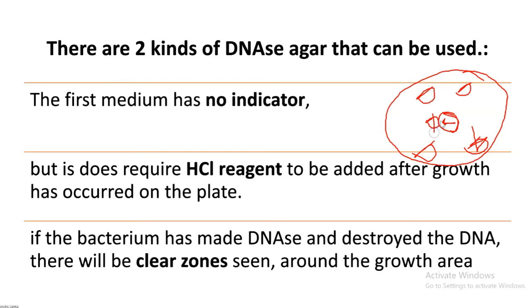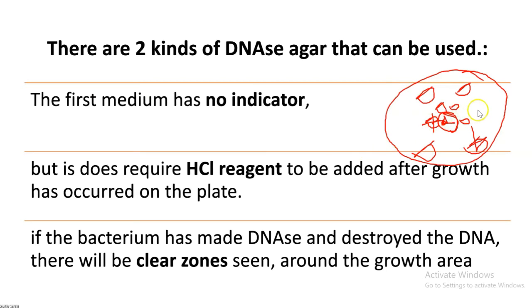It degrades the DNA into small fragments, phosphate and nucleotides, and utilizes this DNA as a source of energy or carbon. So as bacteria utilize this DNA, what you will see is a clear zone